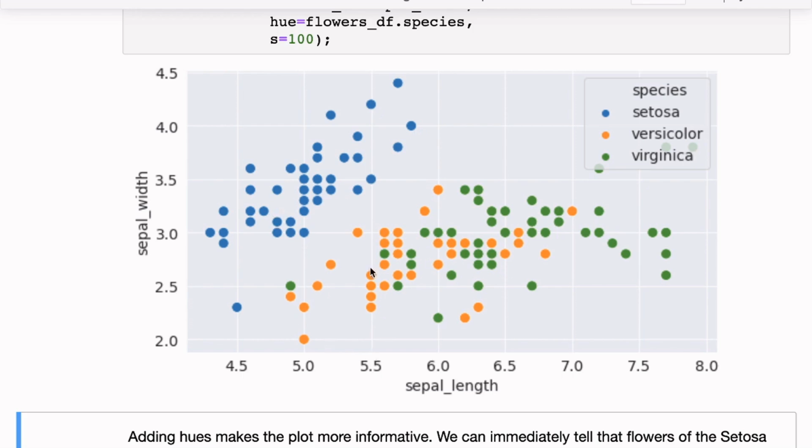Then similarly you can observe a similar trend for versicolor, maybe not so much, but versicolor values are somewhere in between both the width and length. And then you have virginica. Virginica tends to have pretty long sepals, but the width seems to be pretty small. And virginica also seems to be more spread out, so it's not as concentrated or as close to a linear relationship as we have seen in the others.